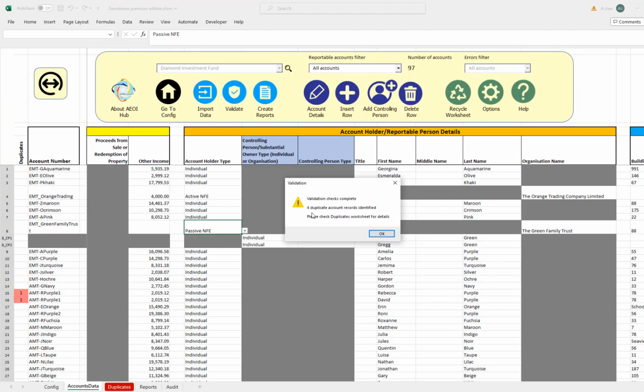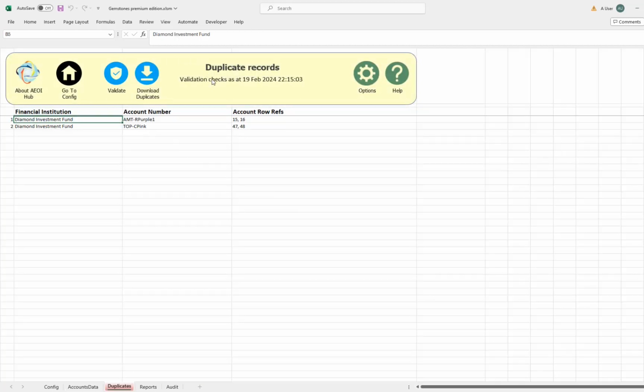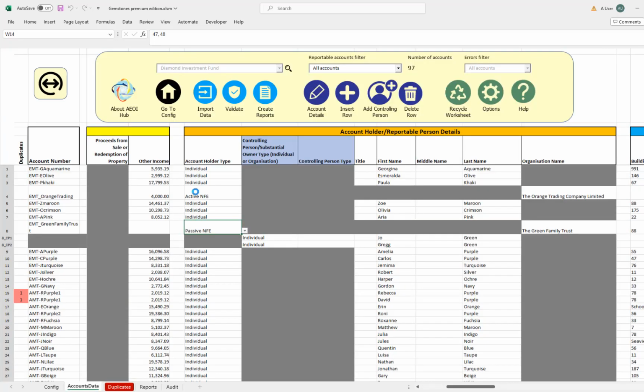That's identified 4 potential duplicate account records. If I click on OK, the duplicate records sheet has said it's found one set of data potentially duplicated across 2 rows and another set of data duplicated across 2 rows. If I go to the accounts data sheet,